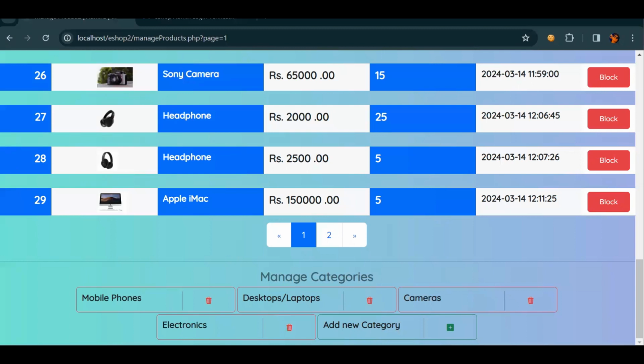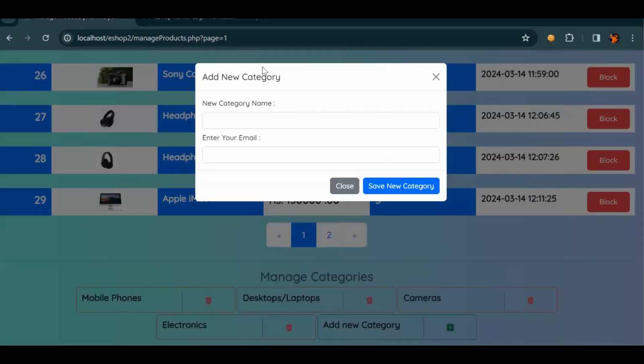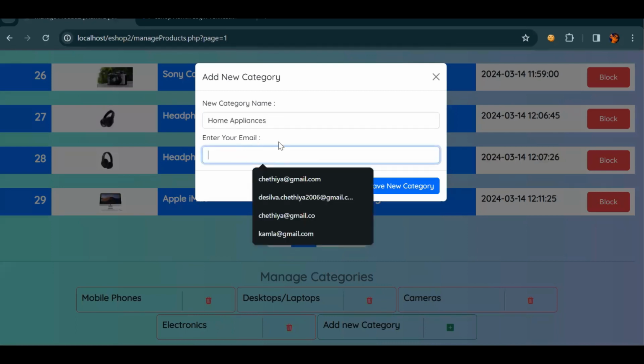If we click on this add new category, we can see that a Bootstrap modal is displayed with the heading add new category, and we can see two labels, new category name and enter your email, and also the relevant input fields. So here we are able to give a new category name. Let's give a new category name as home appliances, and then here we have to enter our mail